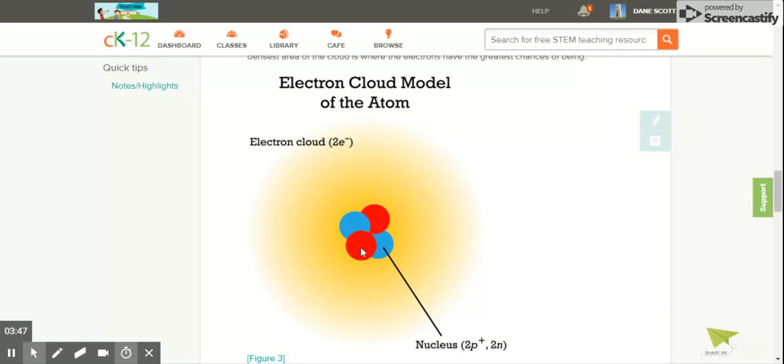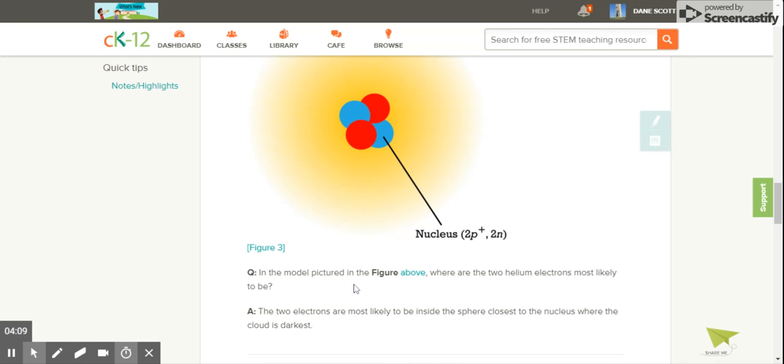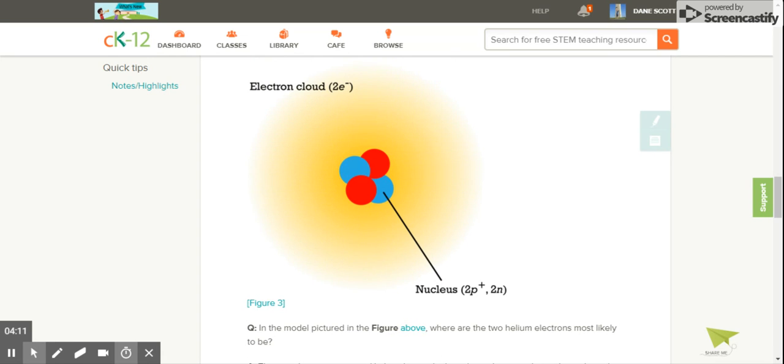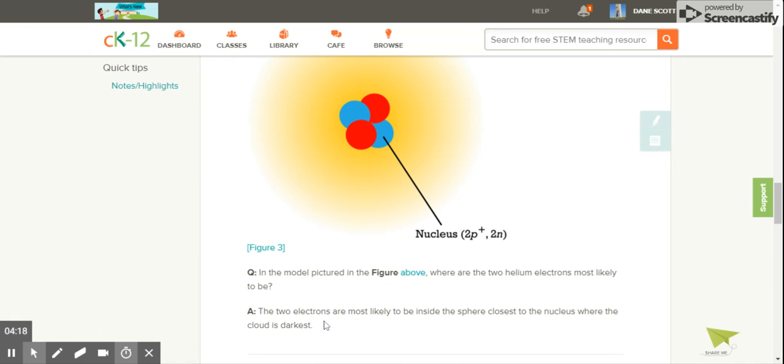As you can see, we have the nucleus, which is represented by 2 protons and 2 neutrons, and this hazy cloud that kind of fades out to nothing. Where the cloud is the brightest, the electrons have a greater chance of being there, and where it's less dense, like lighter shaded, electrons are less likely to be there. All right? In the model pictured in the figure above, where are the 2 helium electrons most likely to be? Answer: the 2 electrons are most likely to be inside the sphere closest to the nucleus where the cloud is